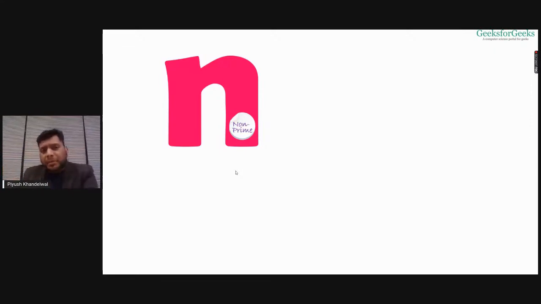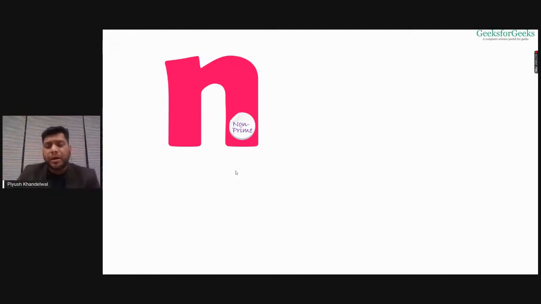Suppose I find some number before n minus 1 which divides n and gives remainder 0. Instantly I write non-prime on this label, and I stop the loop right there.